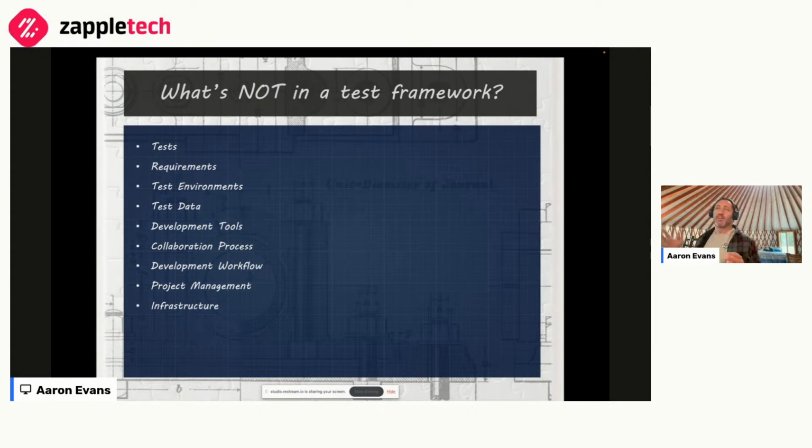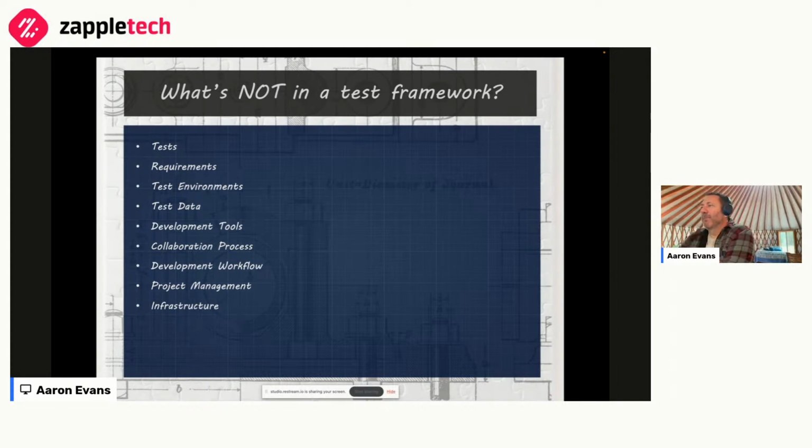Or, for instance, you might be able to plug and play Selenium versus Playwright. Or you might be able to swap out JUnit for TestNG. Or you might be able to change your continuous integration from Jenkins to Circle CI. Or whatever. Swap out reporting tools. Change how you log results. Change how you structure your API code. Whatever it is. Right? You want to be able to separate those things.